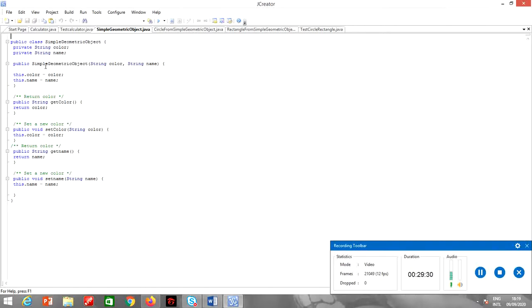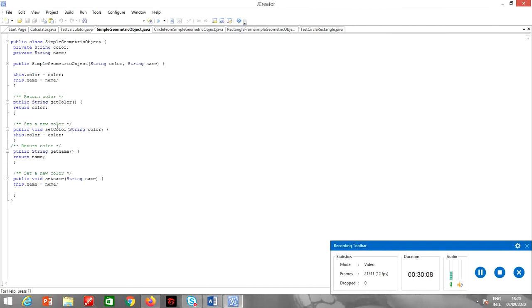Now we have created a parameterized constructor, and we have initialized the instance variables. Now since these are private variables, we have to create the public methods so that they can be accessed by the child class. So that's why we are writing over here the accessor and the mutator methods. So set color, for setting the color, public void, as we know that set methods do not have a return type and get methods always have a return type, and the return type is the same as the data type the variable is defined with.